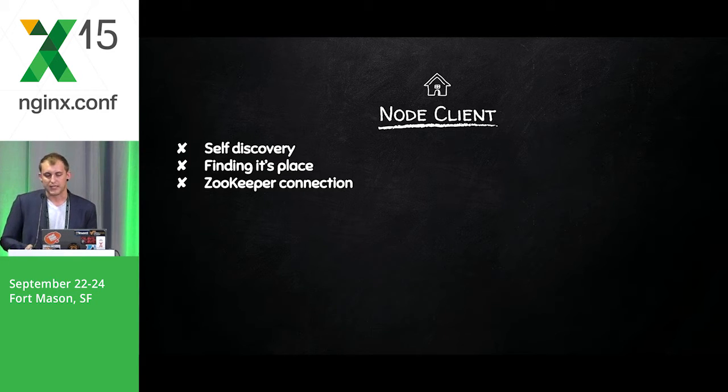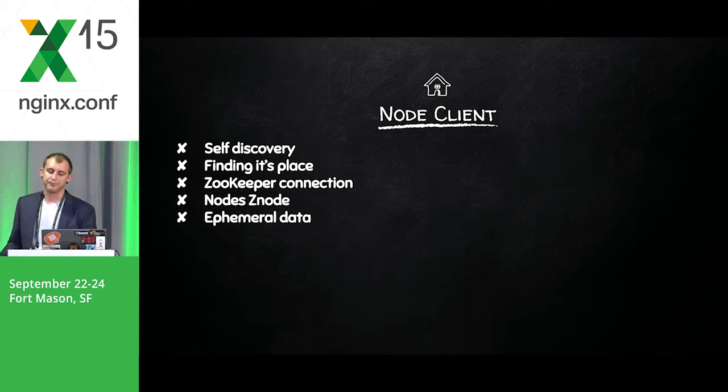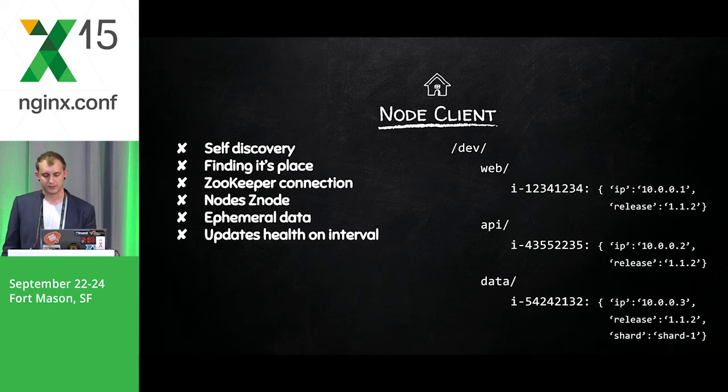The information we put in here is actually pretty important. Now, we want to be able to know exactly what the IP is and definitely the release. This is going to build as we get further into exactly what's happening with the deployment. You can really put anything pertinent into it. Same things you might find in environment variables, things to that effect. Given that discovery, the node will be able to construct the Z node path in a meaningful way, and with that, we'll have something that looks something like this.